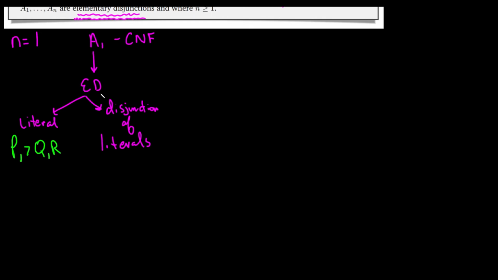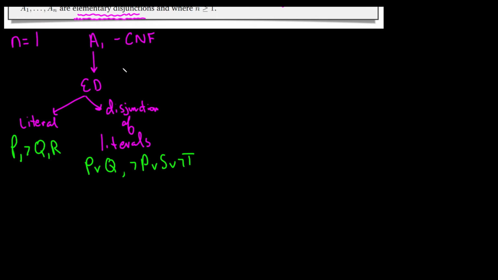The other case would be if you have a formula that is an elementary disjunction, and that elementary disjunction is a disjunction of literals. So let's say you had P or Q. This is a disjunction of literals. You have P here and Q, each one is a literal, and it's a disjunction of them. And so this would be an elementary disjunction, and so this disjunction is actually in conjunctive normal form. Another example would be not P or S or not T. This formula is a disjunction of literals, and so it's an elementary disjunction,